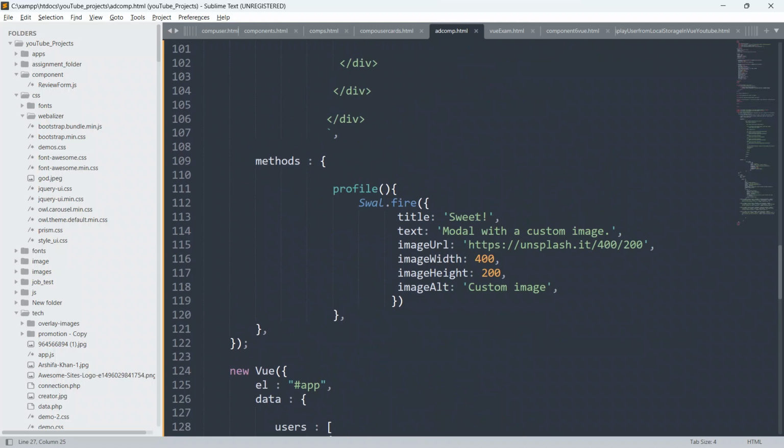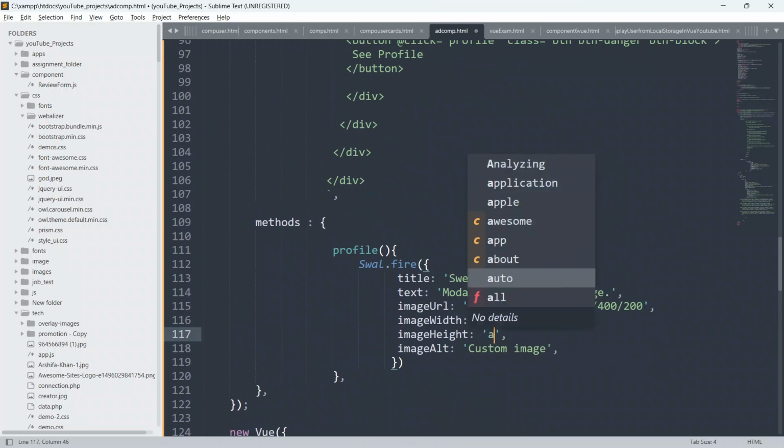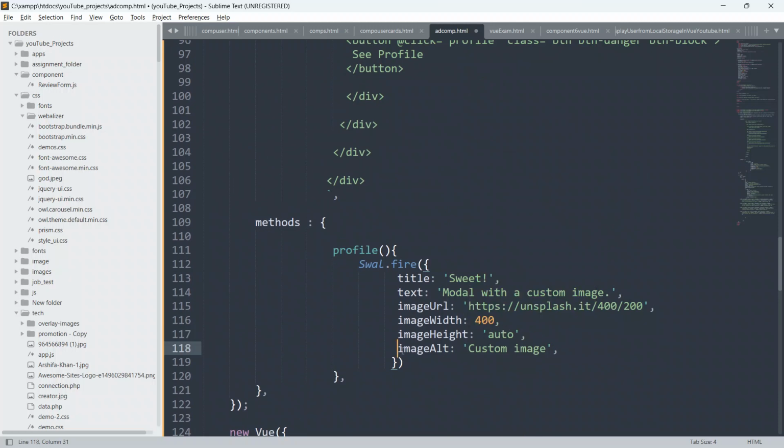So we have to do here, I will give the height as auto. And we don't need the image alt, so I will just remove this from here. And I will give a title, so give name, and put plus, just to concatenate.